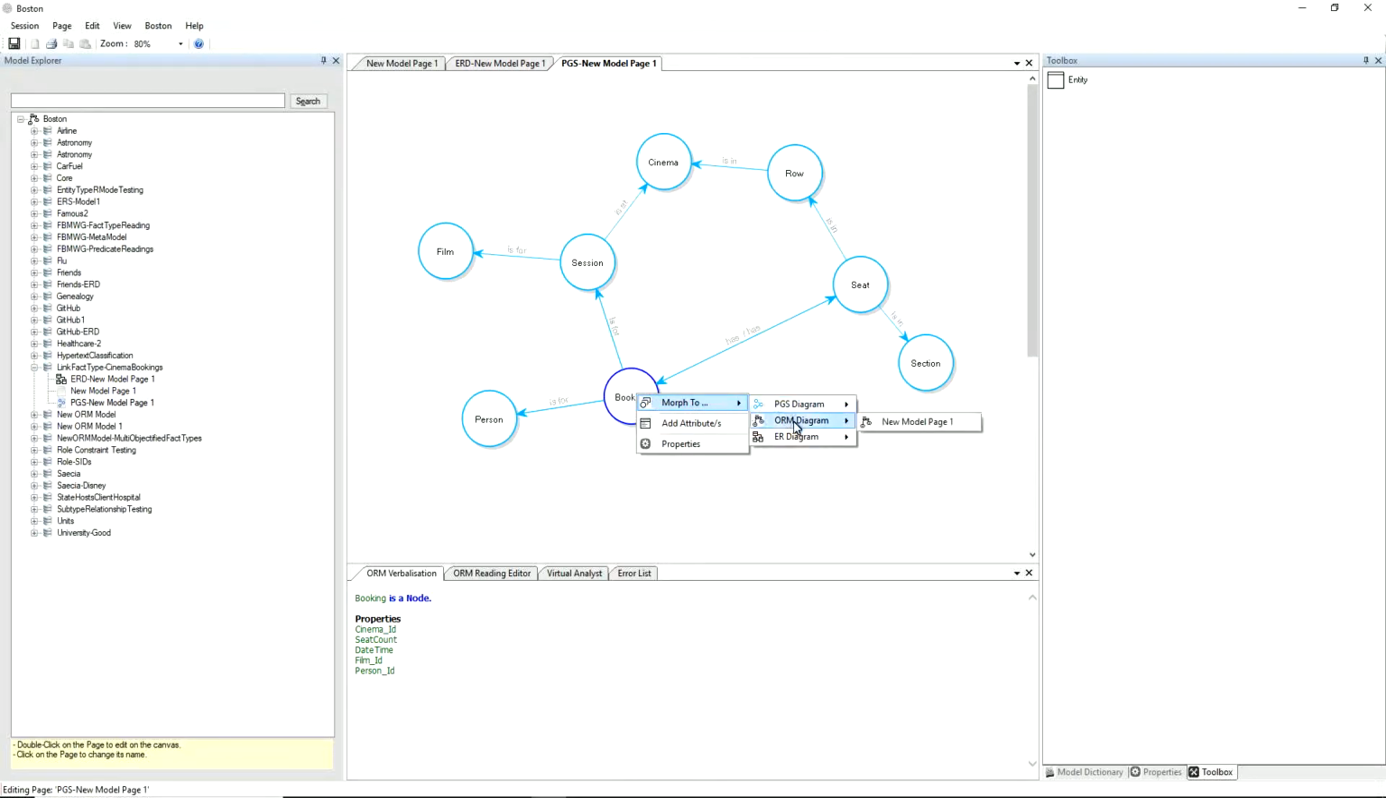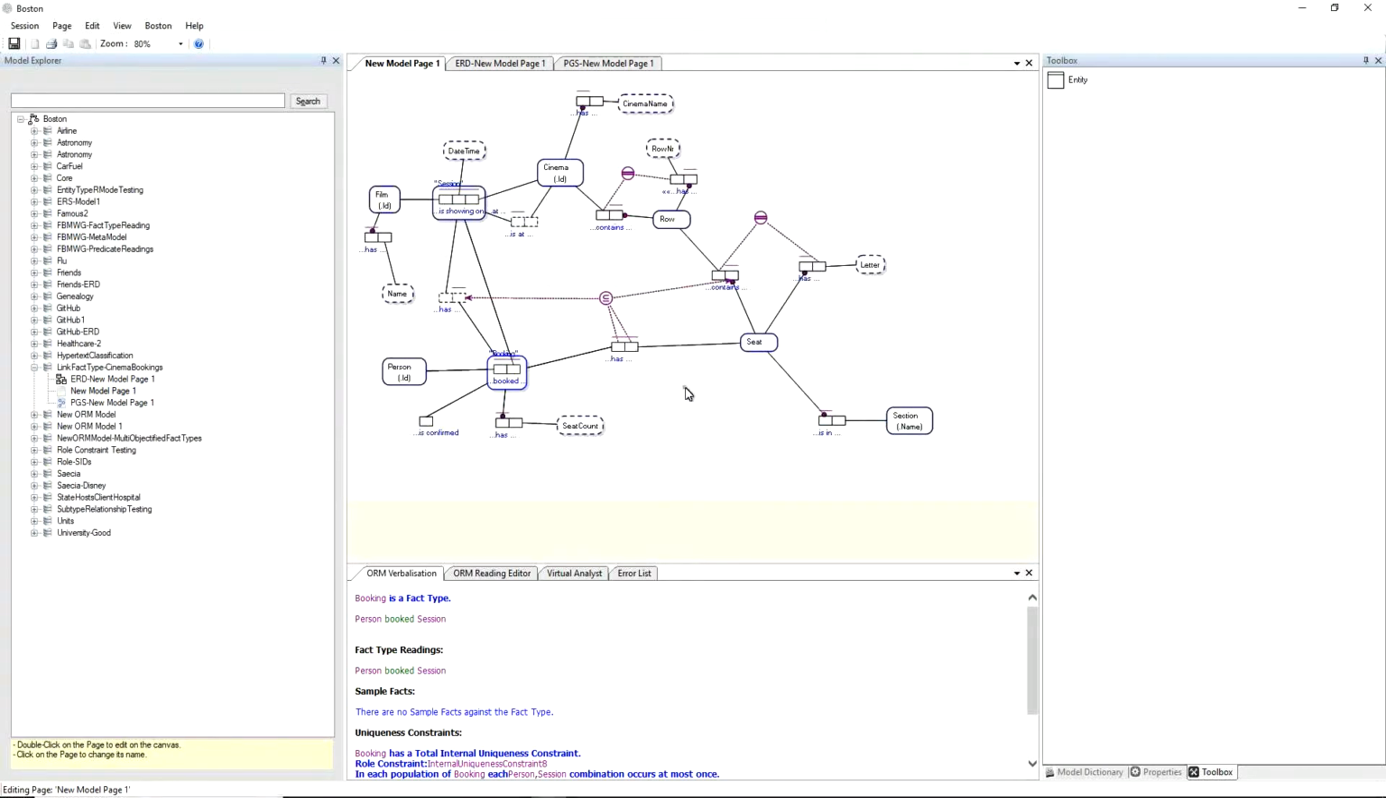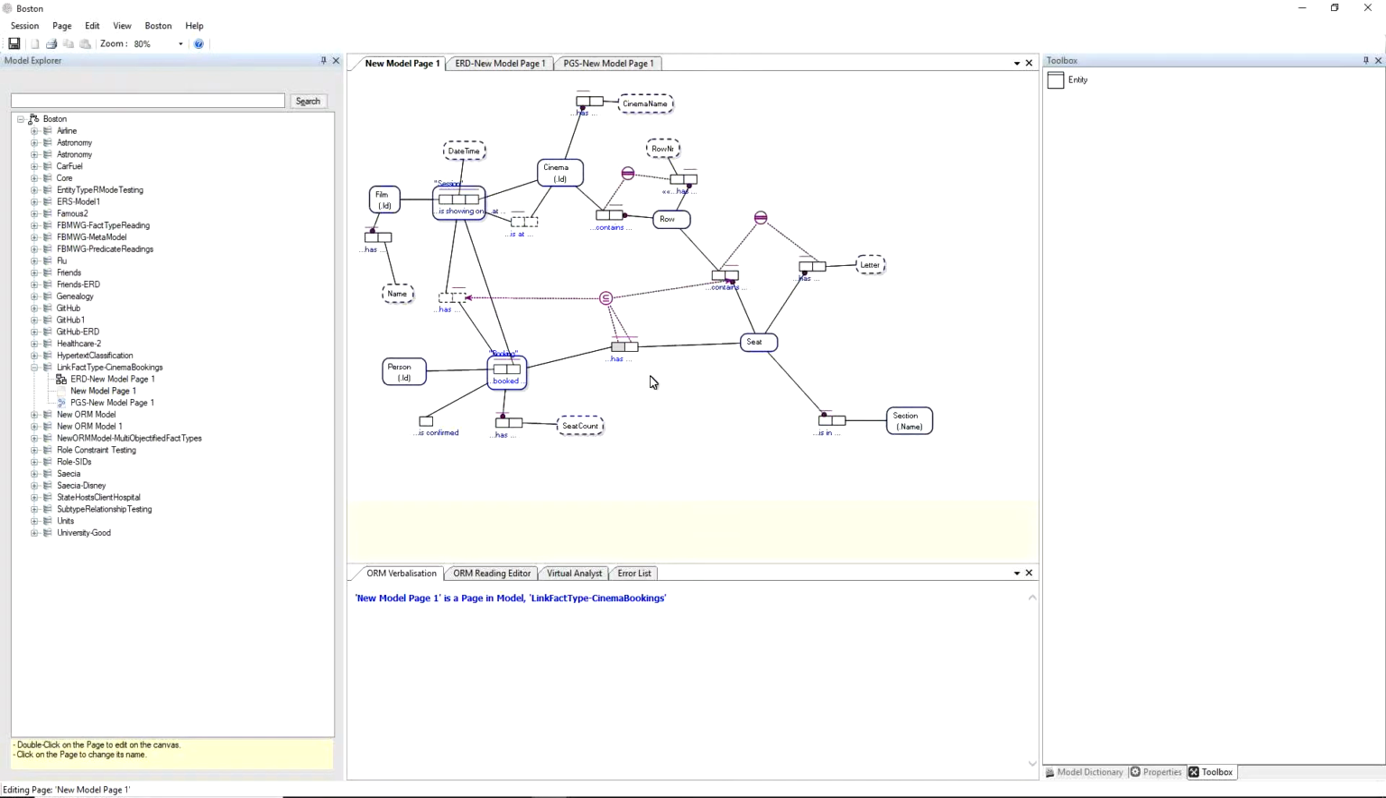If we have a look at the object role model for the same schema, we can see that that same many-to-many relationship is represented by a fact type. And in particular, what I'd like to focus on here is this subset constraint, which says that when a person makes a booking for a session and has allocated seats, if we just click on that subset constraint, what it is saying is that